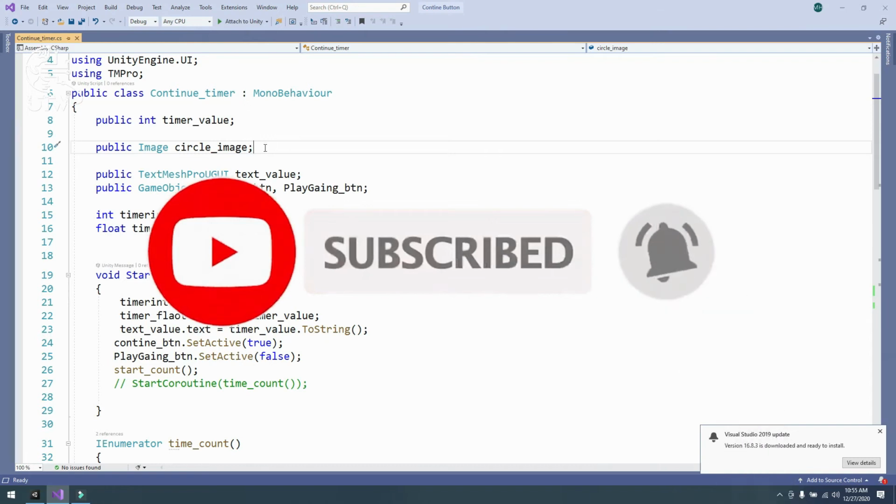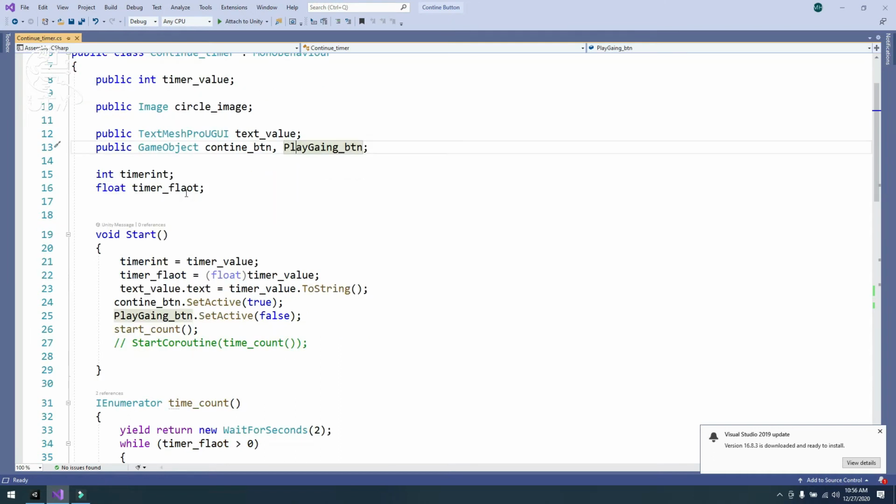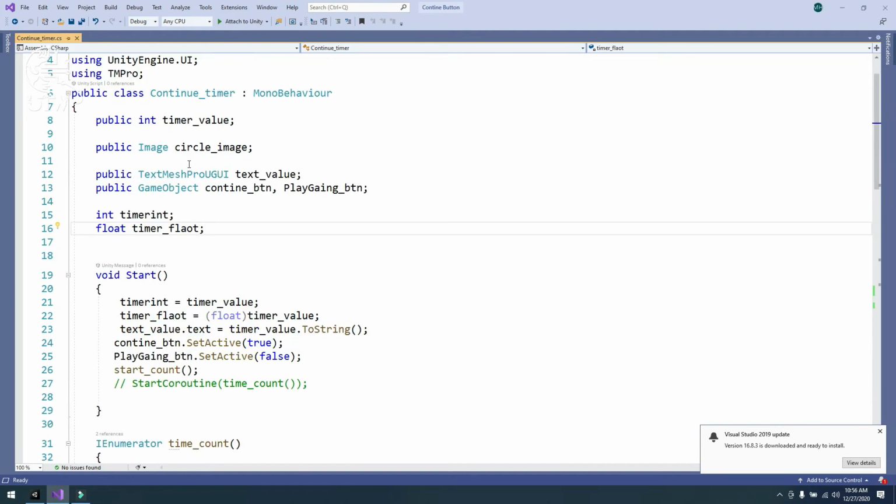Then public TextMeshProUGUI, name it text value, and a public GameObject continue button and play again button. These two buttons are used. When we click, then the coroutine will stop. Then int timer int and float timer float.